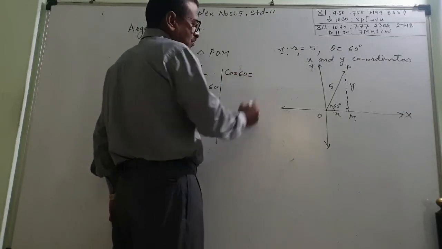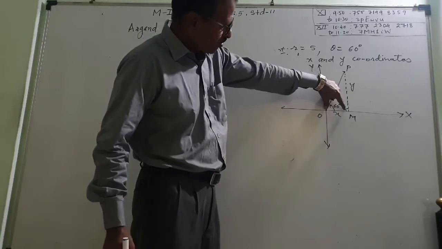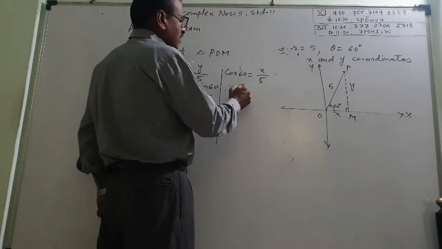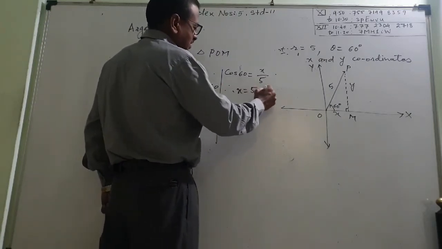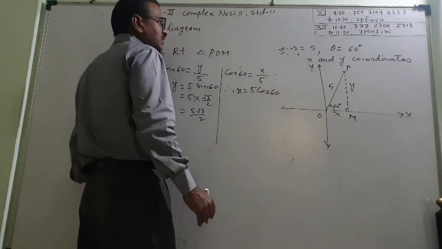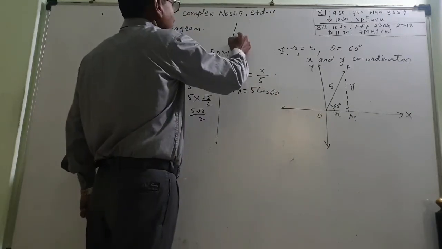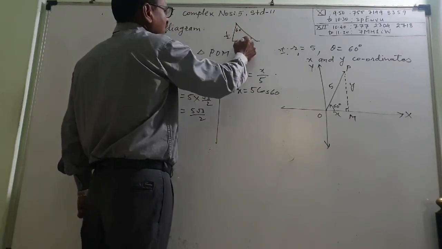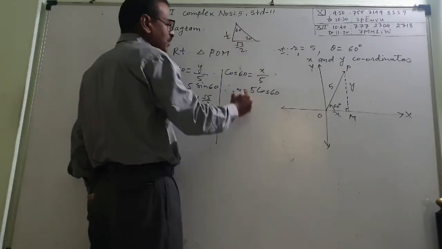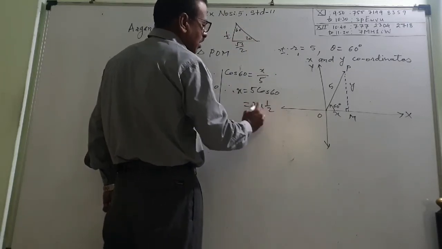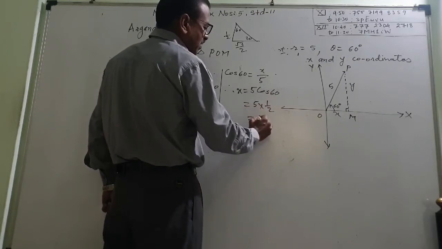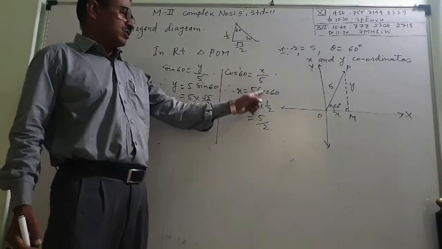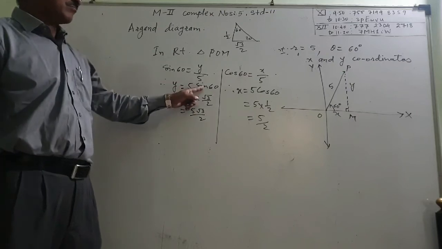अभी इसका cos ले लो, cos of 60 डिग्री, cos यानी बाजू वाली ये है, वो कितनी है x अपॉन हाइपोटेनस 5, therefore x is equal to 5 cos 60. 60 के बाजू वाली ये देखो, ये 60 है, ये 30 है, ये हाफ है और ये √3 upon 2 है, 60 के बाजू वाली कितनी है, हाफ है, so 5 into 1 upon 2, that is equal to 5 upon 2. So always remember that x means cos and y means sin.